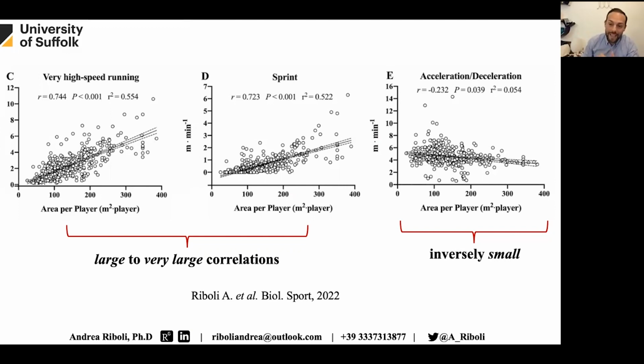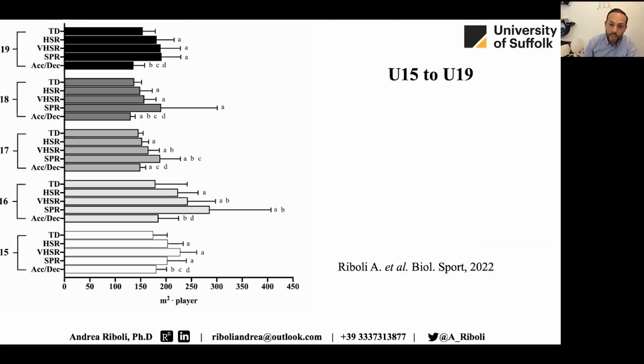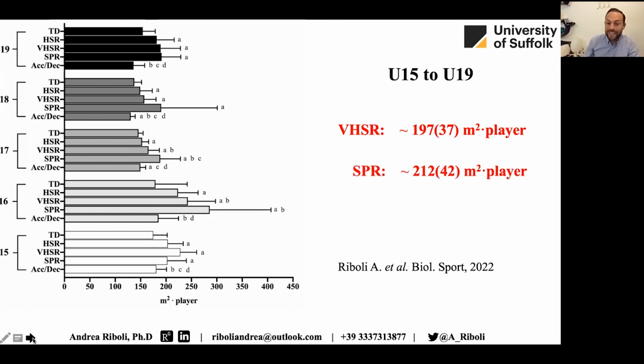games. But the main aim of our work, also in youth soccer players, was to try to have information about the area per player required to replicate match demands. So we investigated this aspect in all categories, and we found that to replicate very high speed running, we needed about 200 square meters per player using small-sided games in these young players, while to replicate sprint, we need more than 200 square meters per player, while for acceleration and deceleration, 160